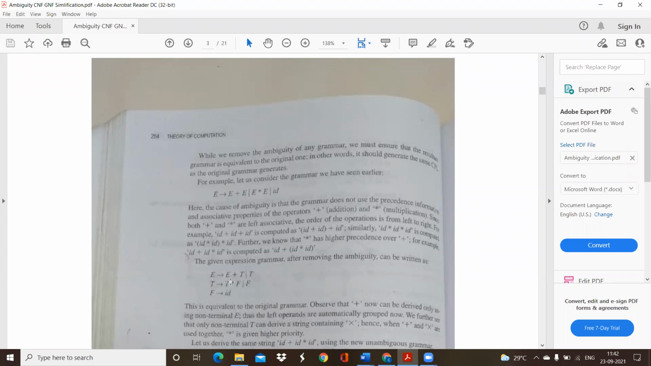So this way, the problem of which operation to perform first in the string id plus id into id is resolved. Here, for the arithmetic grammar, they ensured that the operator having the higher precedence comes to the lower hierarchy of the tree. By making these changes,